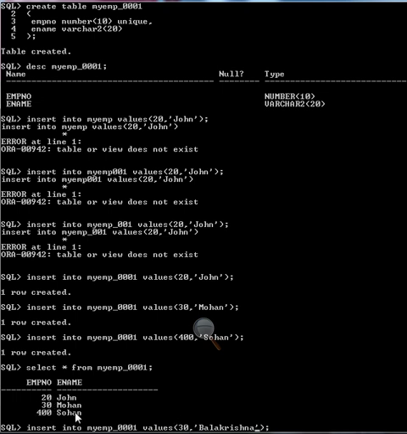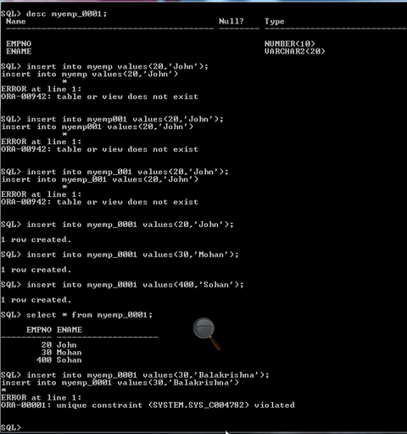Here 30 is already available and I want to insert another 30, and I have changed the name. So it is giving me an error: unique constraint on system.my_emp_001. So in my_emp_001 I cannot insert duplicate values.